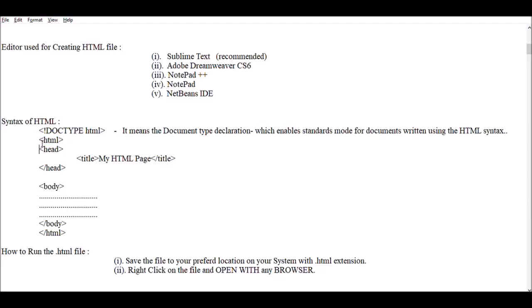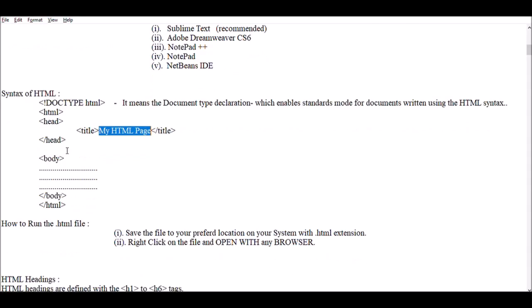Then you should use the head tag. Inside the head tag, you mention the title of your HTML page, as here I mentioned my HTML page. This is the title which will show in the browser at the top of the page where I open it. Then you should close the head tag.